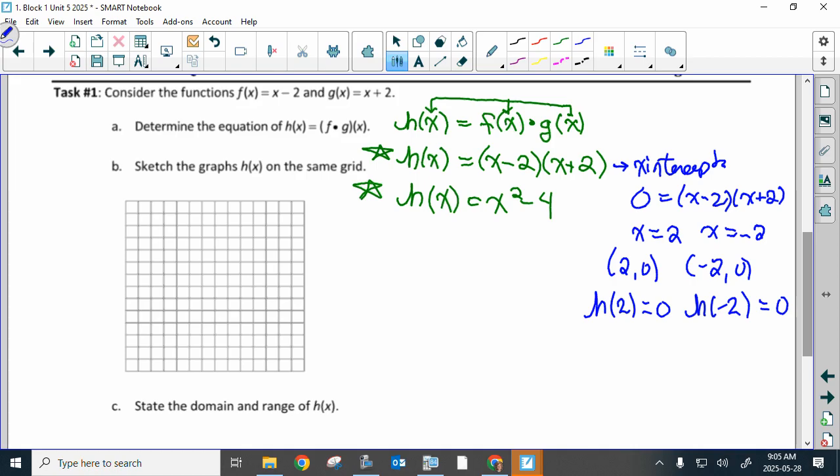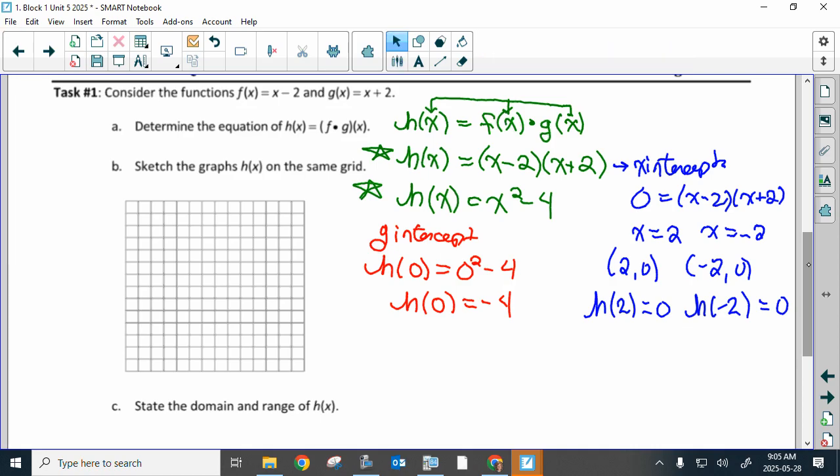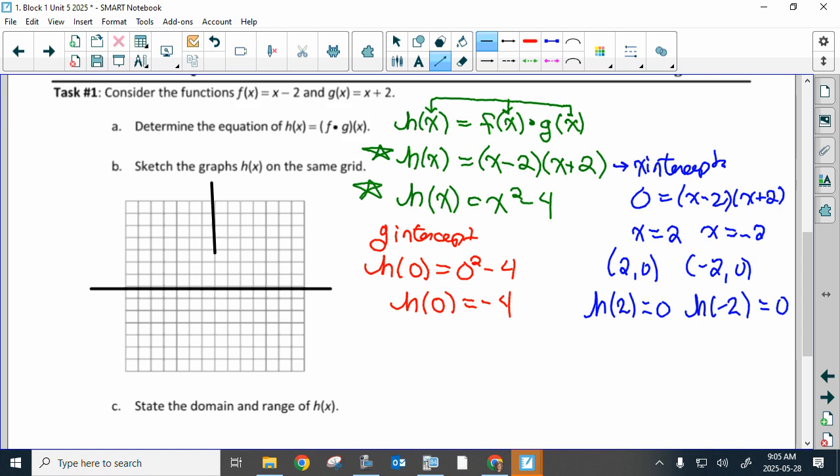Use function notation. When you are finding h of, so if I want to find my y-intercept, that's where x is equal to 0. Using function notation, we can see that h of 0 equals -4. If you think about this quadratic in terms of transformations, it was just a parabola moved down 4. Can you guys just imagine that parabola moved down 4? So when I plot these ordered pairs, and I graph my h of x,